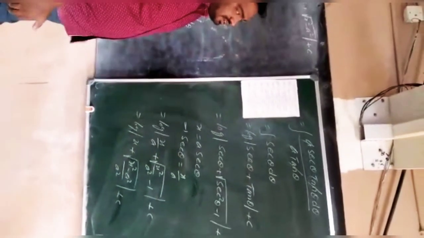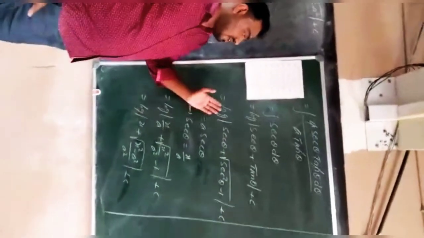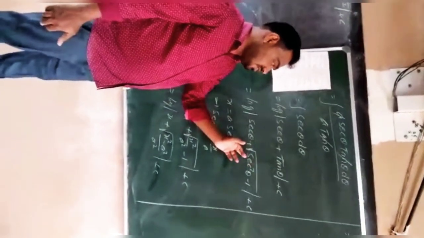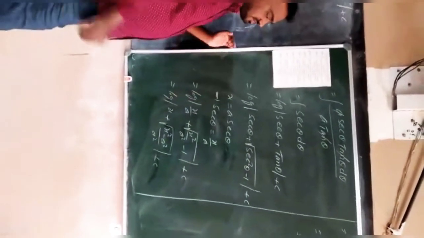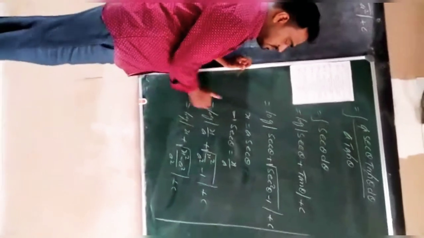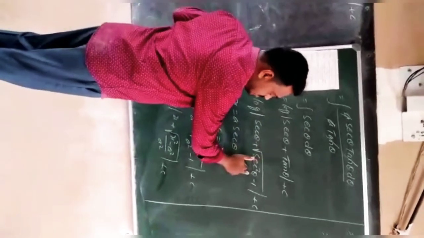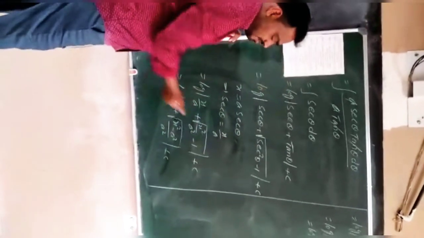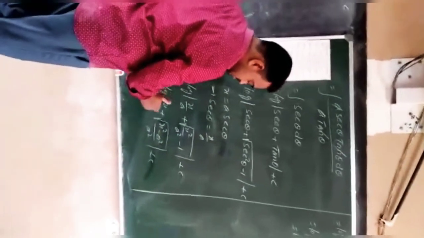What is the formula? The integration of secant theta is equal to log mod of secant theta plus tan theta, plus c. That is equal to log mod of secant theta as it is, plus tan theta, which from the trigonometric identity I have written as the square root of secant square theta minus 1. Next, x is equal to a secant theta as well, so secant theta is equal to x by a. So that is equal to log mod of, in place of secant theta I substituted x by a, plus the square root of secant square theta. Secant theta is equal to x by a, so secant square theta is equal to x square by a square minus 1 as it is. That is equal to log mod of x plus.